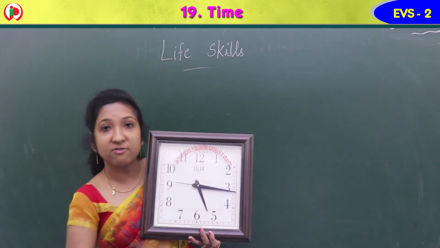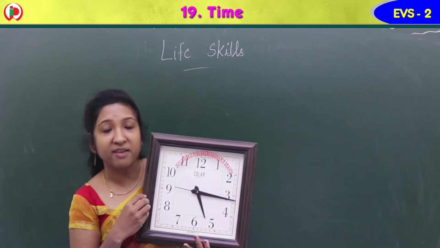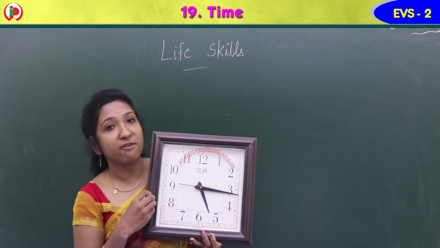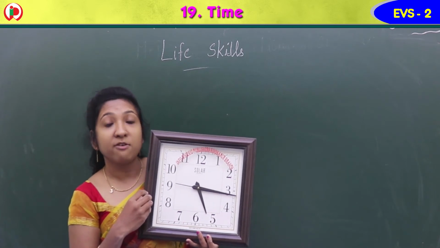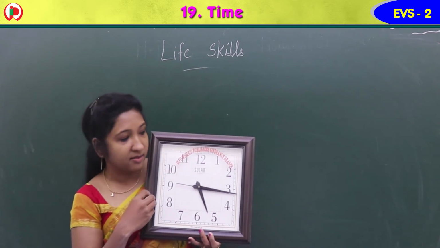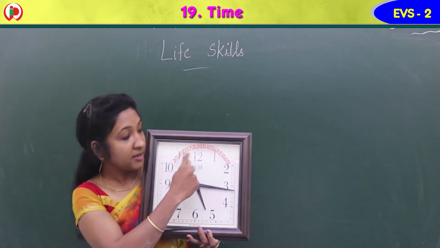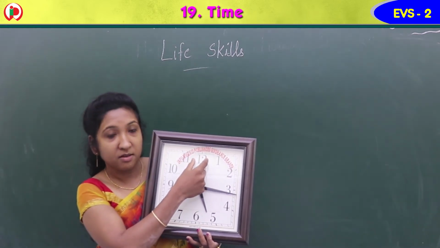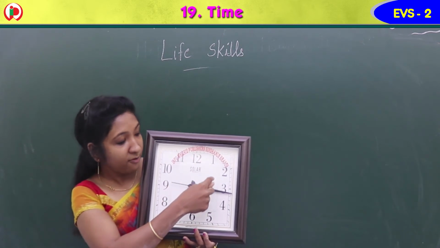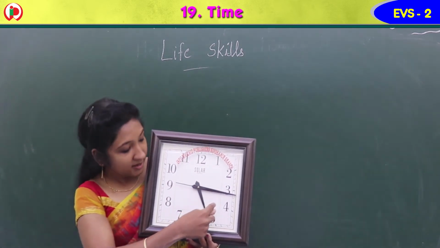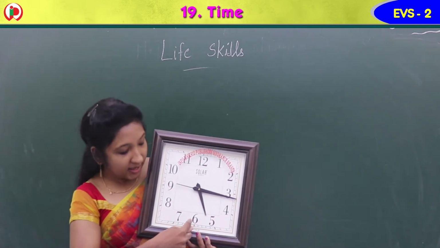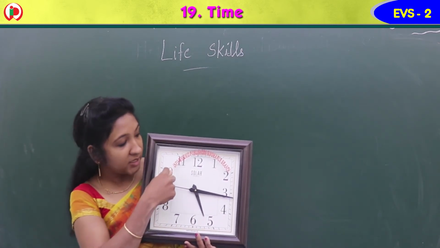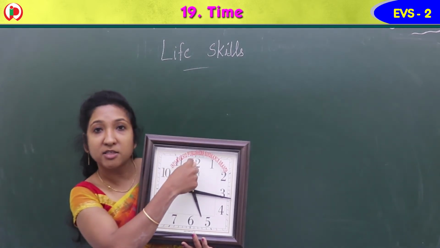Each number differs by 5, we say. 5 in the sense, you know 5 table, 5 ones are 5, 5 twos are 10, 5 threes are 15, isn't it? So if we say the difference between these two, we can say it's 5. 5, 10, 15, 20, 25, 30, 35, 40, 45, 50, 55, last 60.